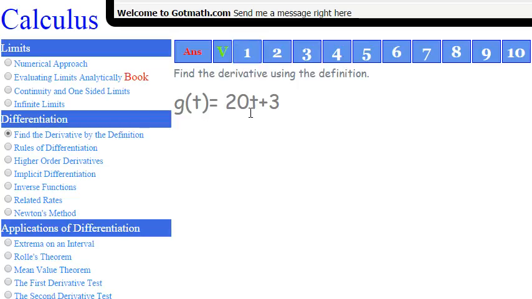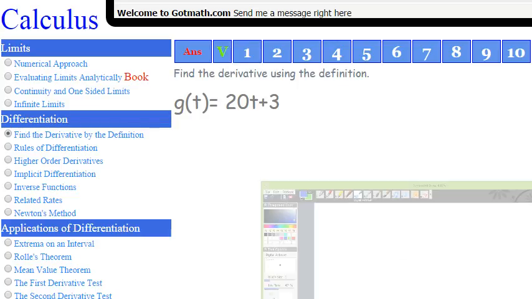We have g of t is equal to 20t plus 3, and it's asking us to find the derivative using the definition. Most of the time you're going to be finding the derivative without using the definition, but this is the long way around finding the derivative. Alright,